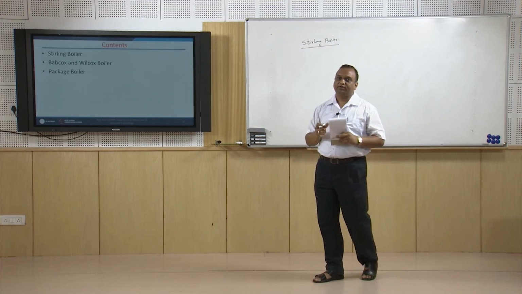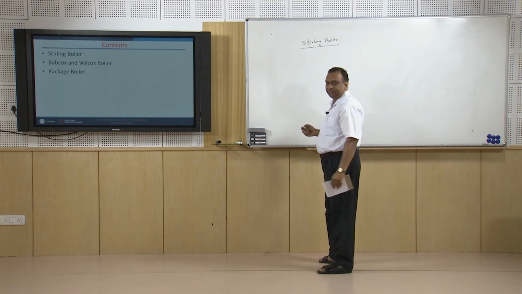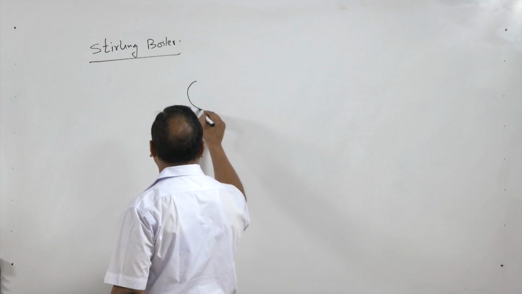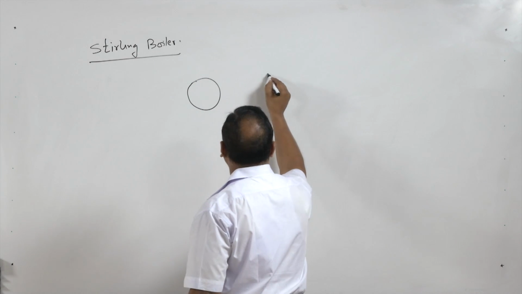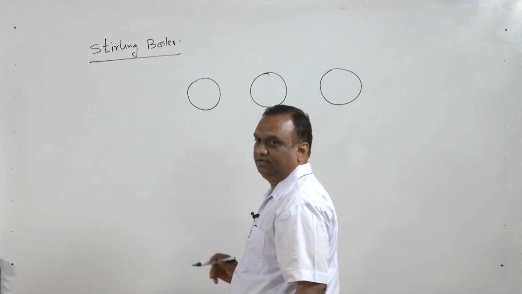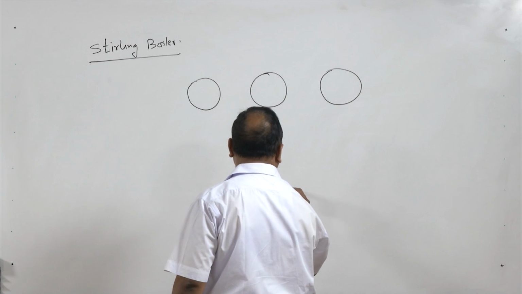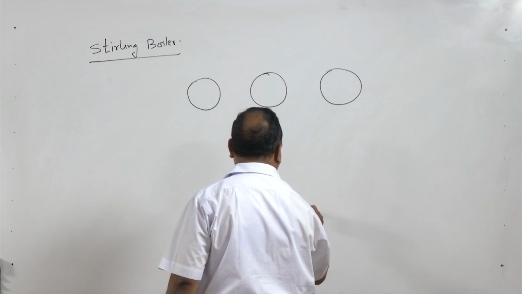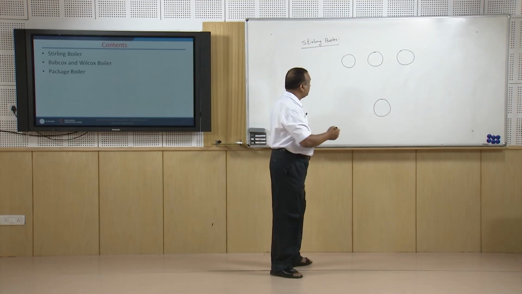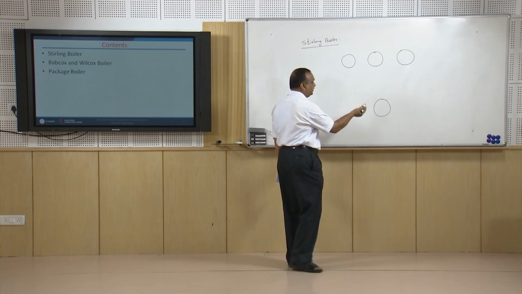consists of a number of drums, right? They are steam drums. So, a typical Stirling boiler has 3 steam drums, right? And one is a water drum or mud drum. Now, this can have 4 or 5 steam drums or 2 or 3 water drums, depending upon